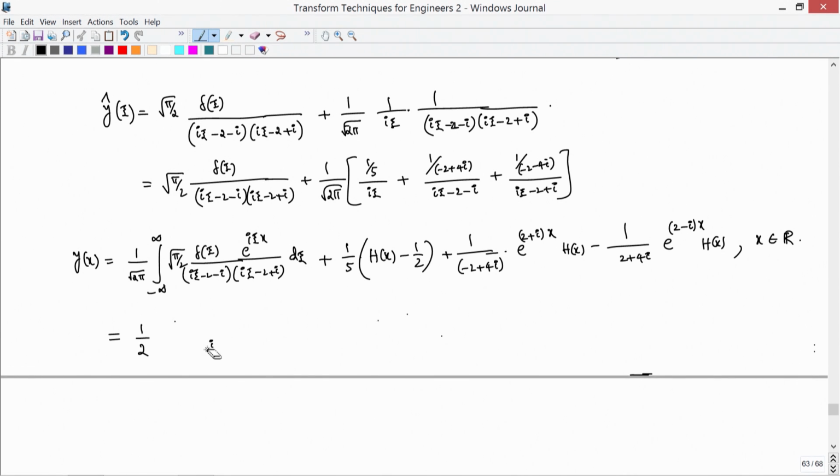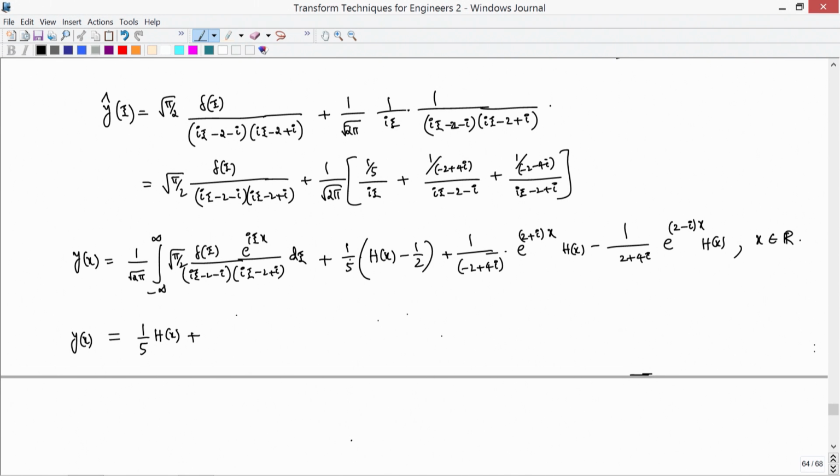So, together 1 by 5 into 1 by 2 is 1 by 10. So, the first integral is this, and for the second integral, 1 by 2 minus 1 by half is going to be 0. So, that is gone, and what you have is 1 by 5 H(x) plus,